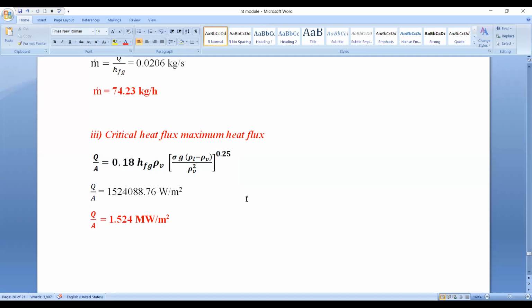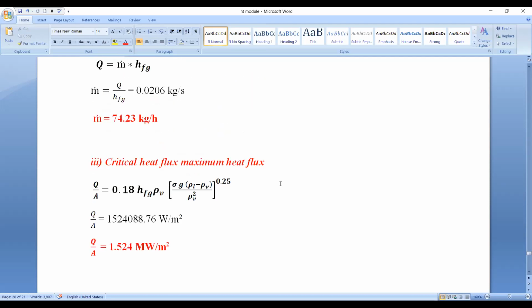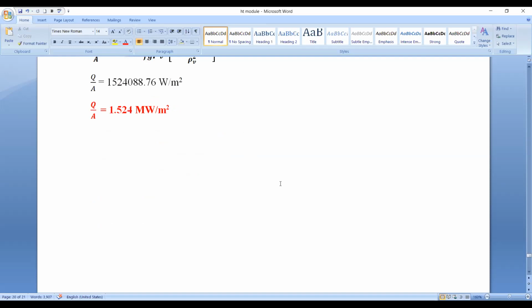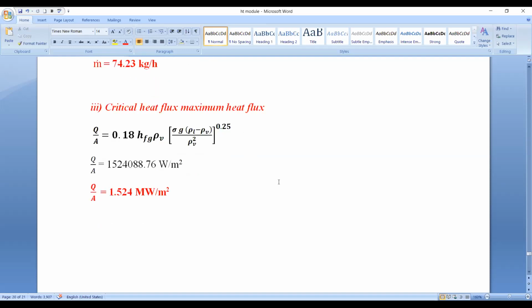Okay. So if you find any difficulties anywhere, you can put your comments in the comment box. So this is the end of the problem. The problems are very simple. You just need to refer to the data handbook, and you should know how to extract the values from the data handbook. And the calculation part is important. I'm repeating again and again, while using the calculator, you should be very careful. Do the calculation separately in parts. Don't feed the entire equation at a time.